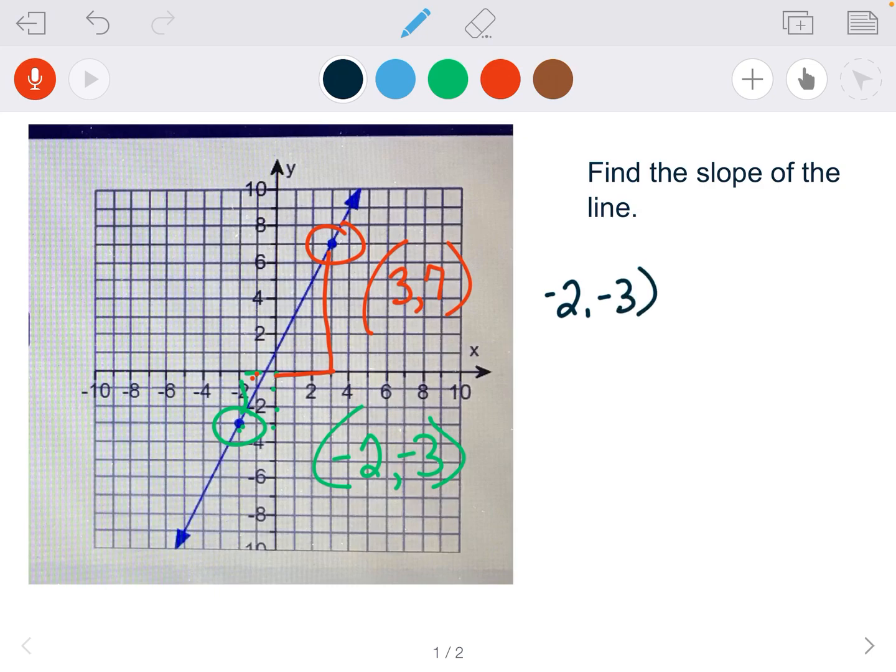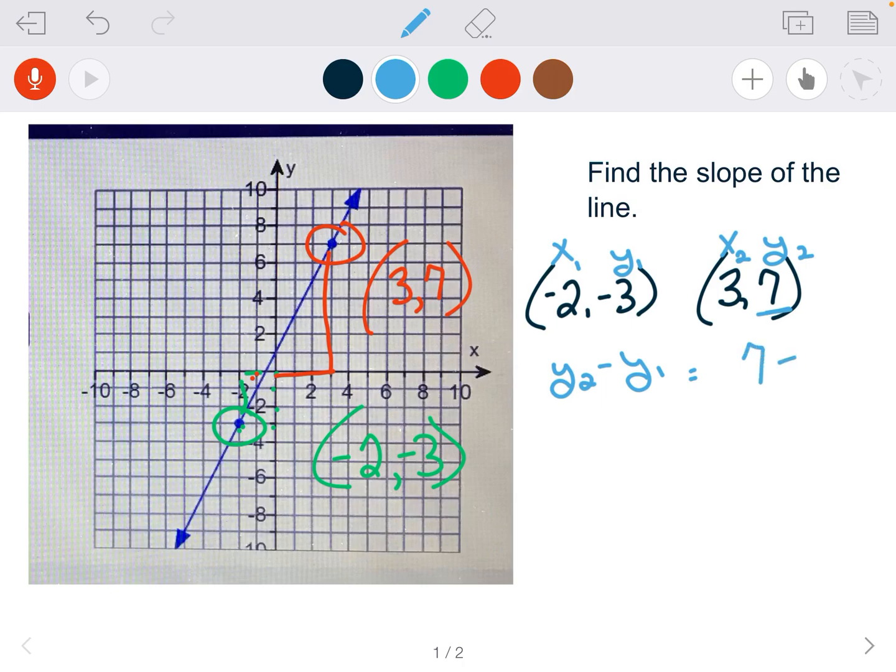So now I'm going to write these ordered pairs over here. I'm going to do my (-2, -3) so we can see them a little bit better, and (3, 7). Remember, the slope is the change in y over the change in x. And this is what I tell my students to do. Label it x1, y1. If you do this, you'll never make a mistake. x2, y2. So the slope is the change in y2 from y1. So we're taking 7, which is y2, minus the -3,